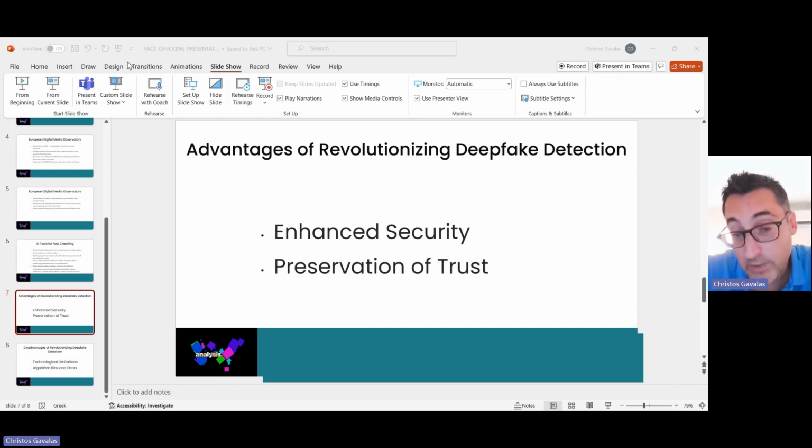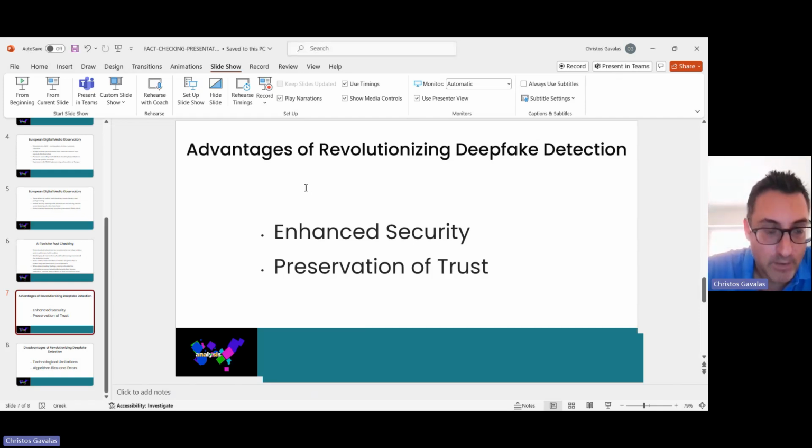And then the other thing is the preservation of trust, because effective deepfake detection techniques can contribute to maintaining trust in online content and media, and that ensures that consumers can distinguish between authentic and manipulated information. So this is very important.